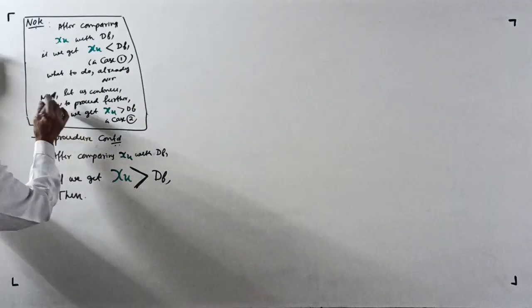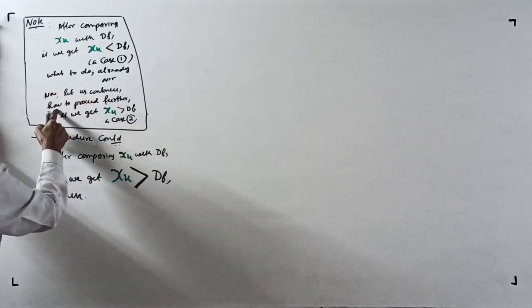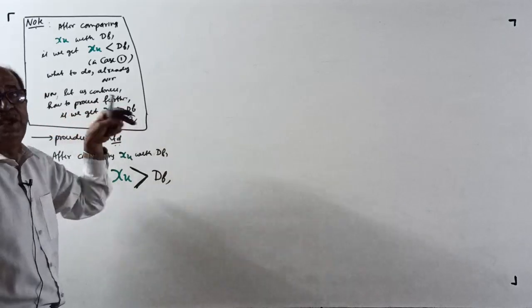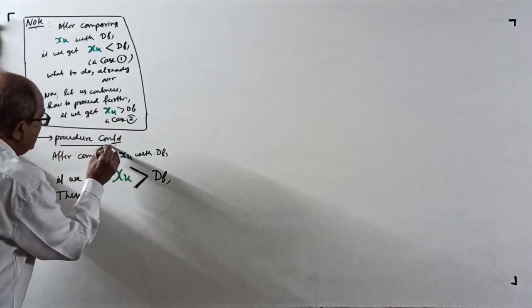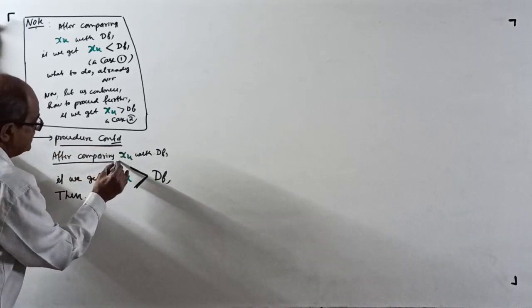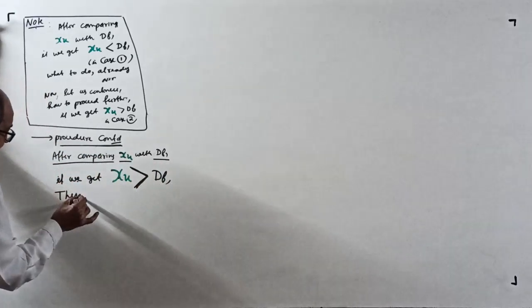But now, let us continue how to proceed further if we get XU more than DF. That is, it goes to case 2. Okay, this is a note only, right? Now, procedure continued. Again I write, after comparing XU with the DF, if we get XU more than DF, then